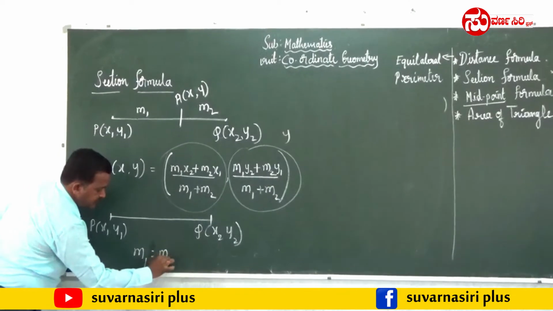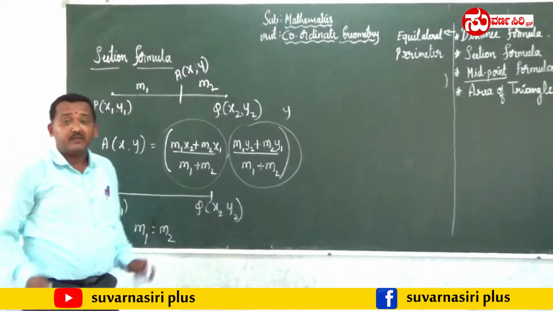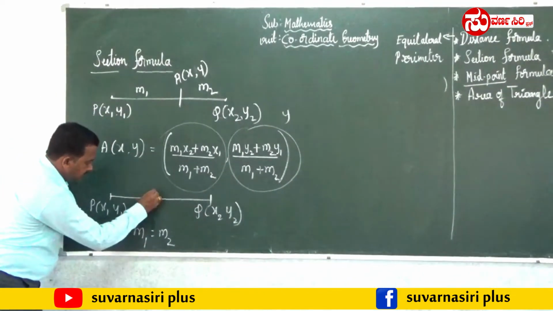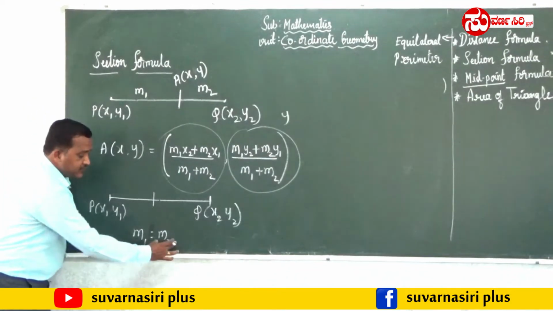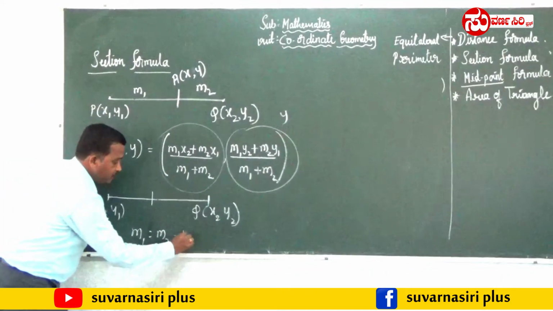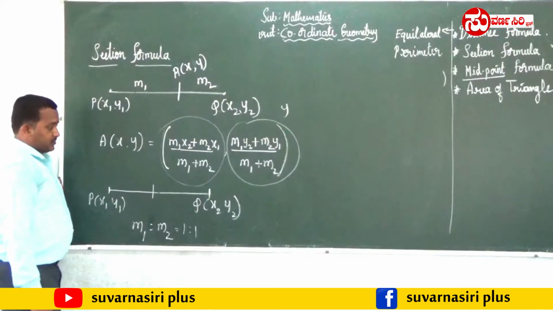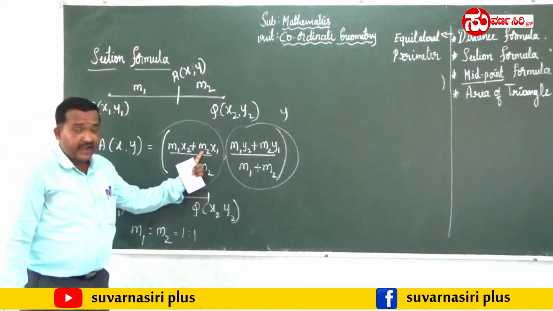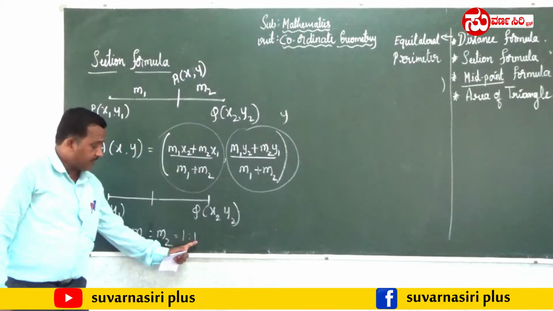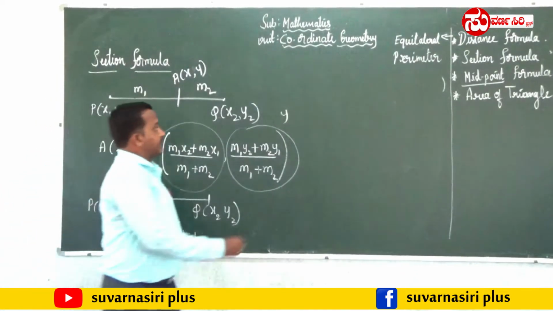Midpoint means exactly the middle point of this line, so the ratio will always be 1 is to 1. So by substituting the values of m1 and m2 as 1 and 1,